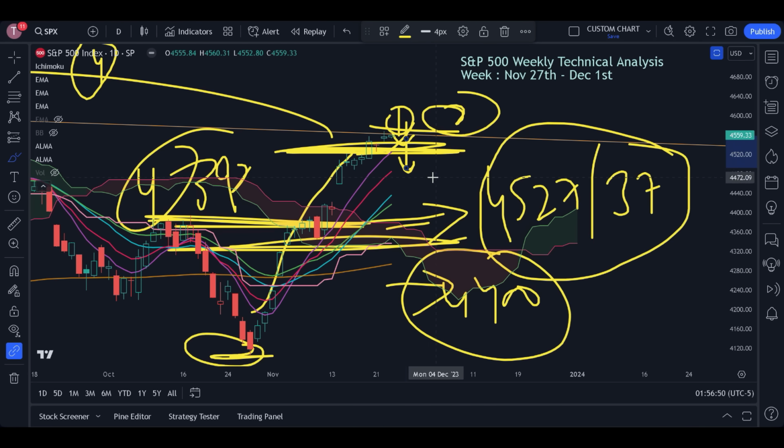So technically a valid reason, 4393, 4400. At most you can say that any bearish reversal, I'm not saying bearish trend, I'm saying bearish reversal, the trend is bullish, no doubt, the bearish reversal will be up to 4400.